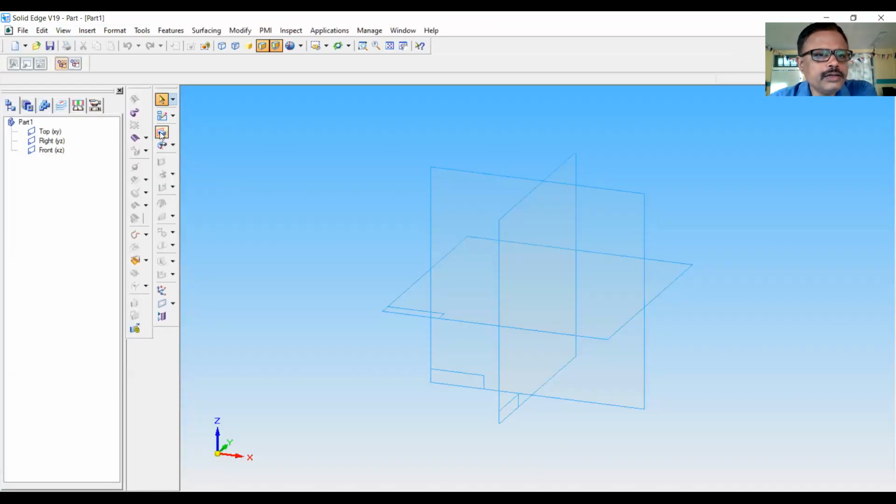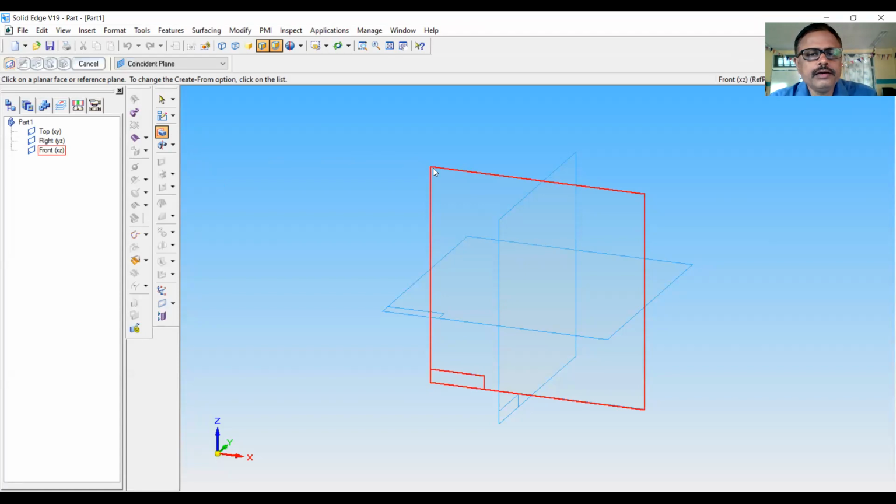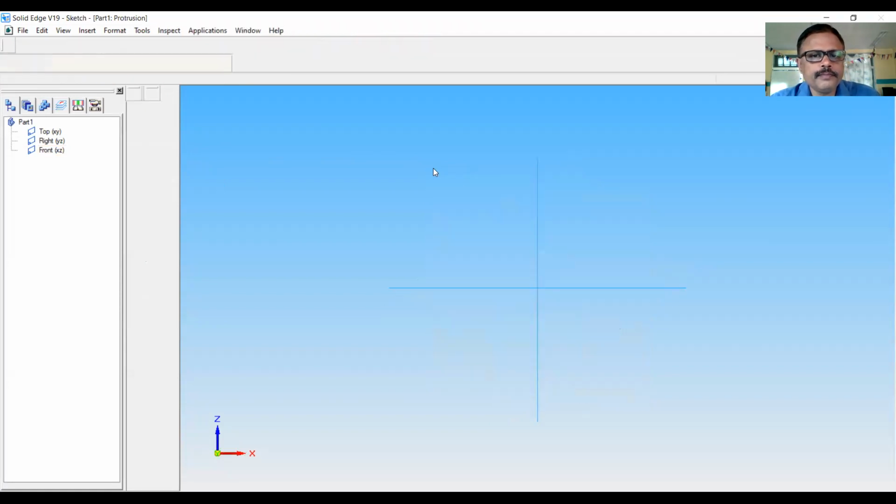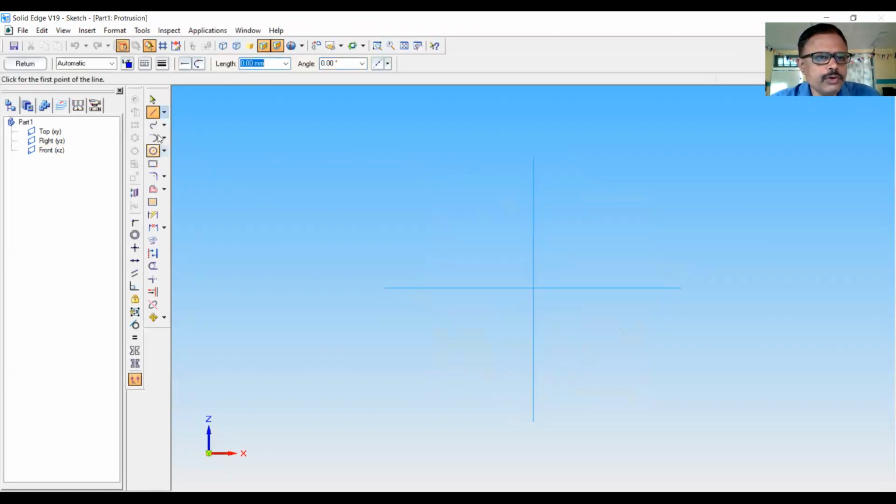So to create the part, we have to click on protrusion. It is a part creation tool. Click on protrusion. Click on the front plane. Now I am in sketch mode. Draw the profile needed to create the feature. So the profile is like this. So start from line command.